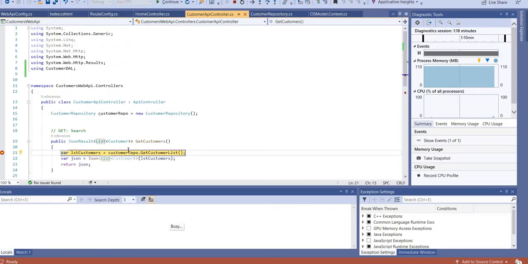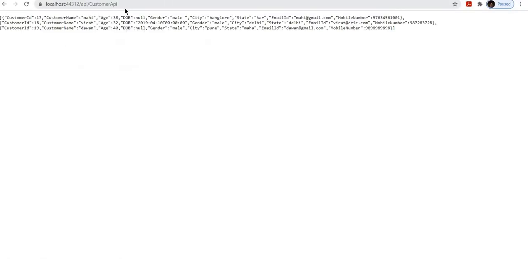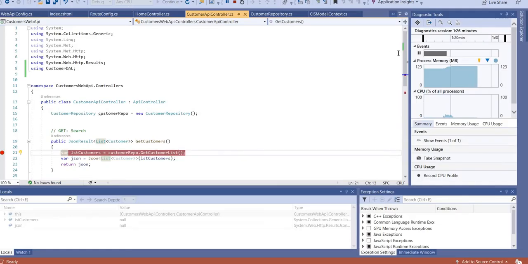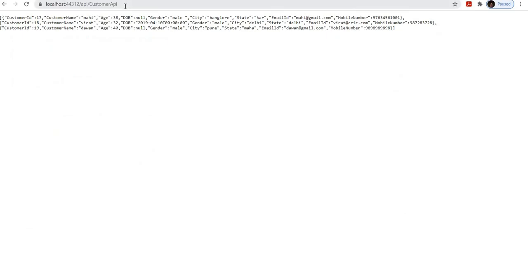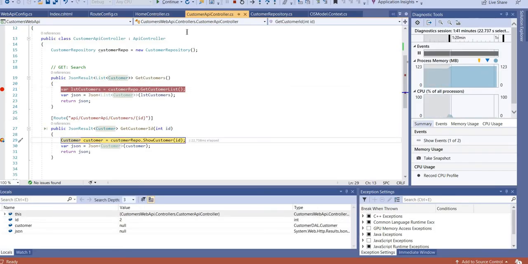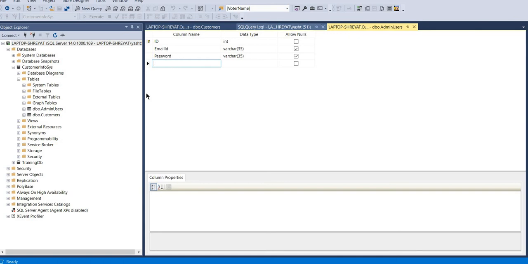See, it comes into that customer API controller, this method. I just click on continue. When I continue, it will give me the JSON file. Okay, correct. Let's check the other method. So what you have to do is customers and then some ID. So api, customerapi, customers, and then suppose I am writing 2. See, it comes here, just run it. So no value with 2 is fine. Let's check what all values we have.